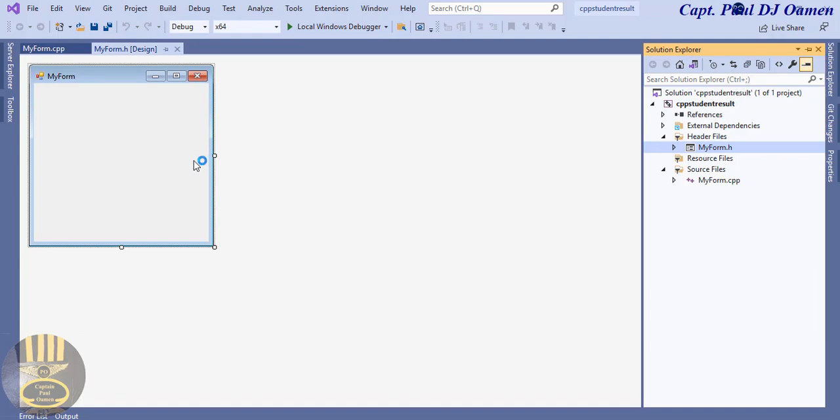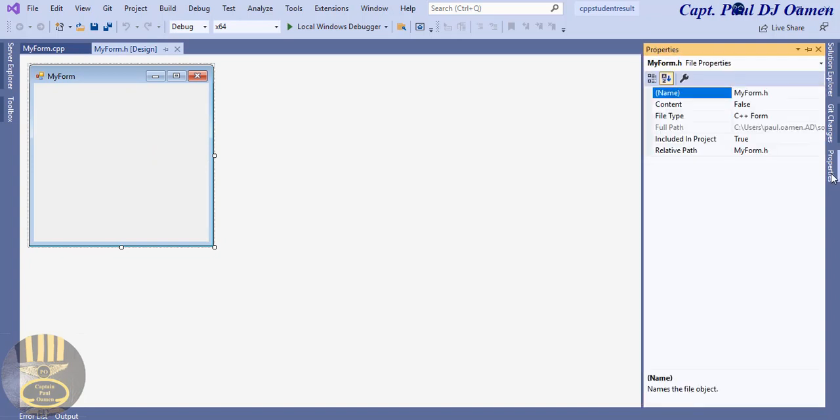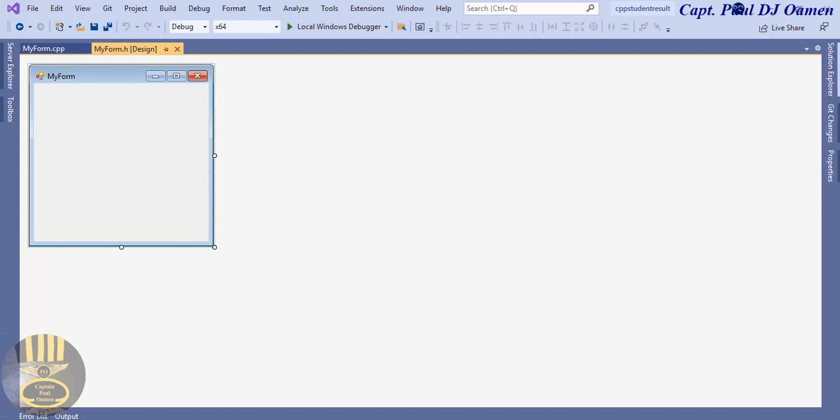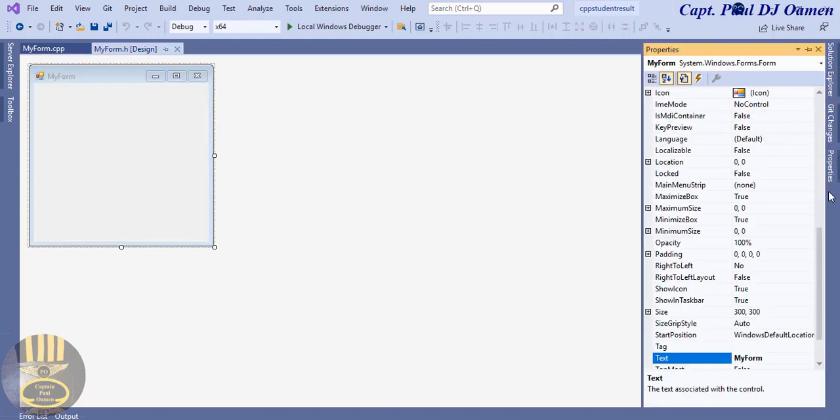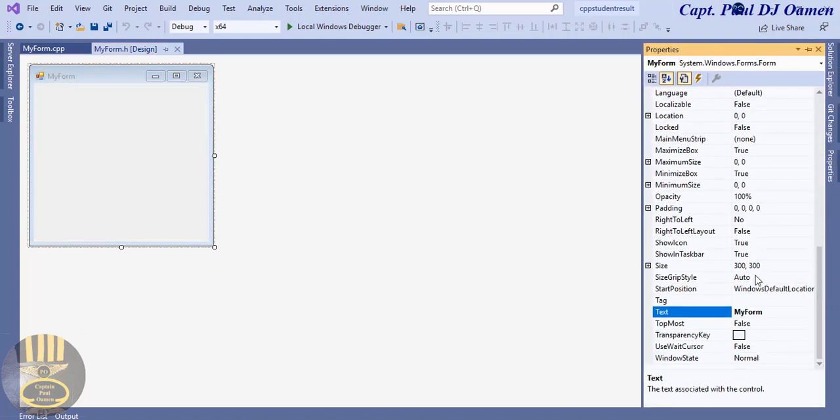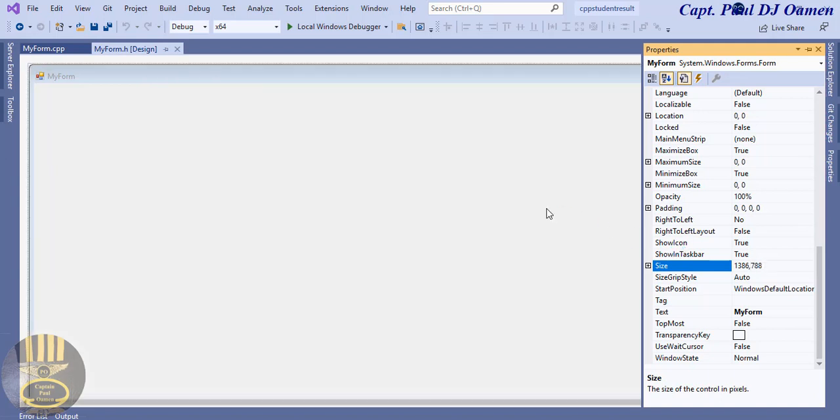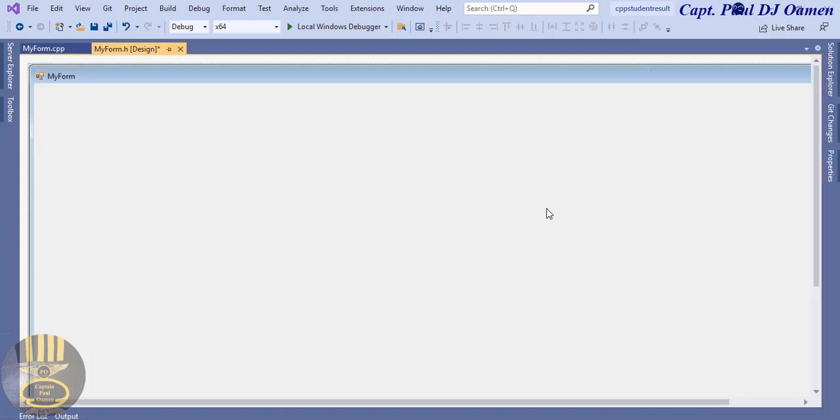Now the next thing we want to do is to work on the dimension of the form. So let's go straight to the properties. Inside the properties, I'm going to set as follows. Let's come down here, and I'm going to just increase the size of the form to 1386,788. That should do it there. Okay, before we go any further, one thing that I want to do now is to